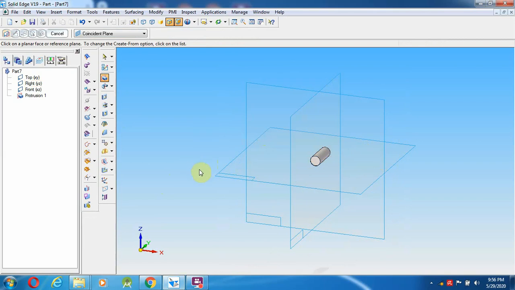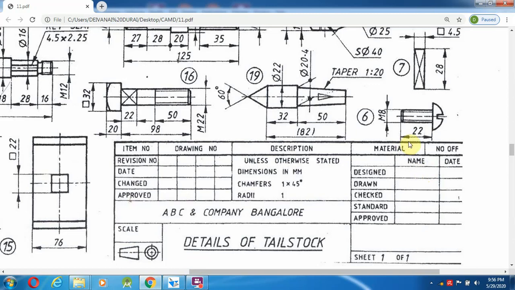So after this 22 mm distance, this portion we have to create. While creating this, the outer diameter they have not mentioned over here, so it is 8 into 2, that is 16 mm diameter.